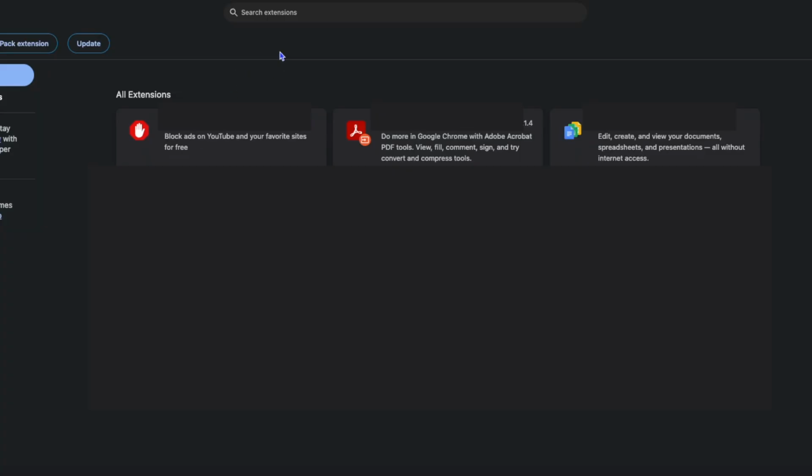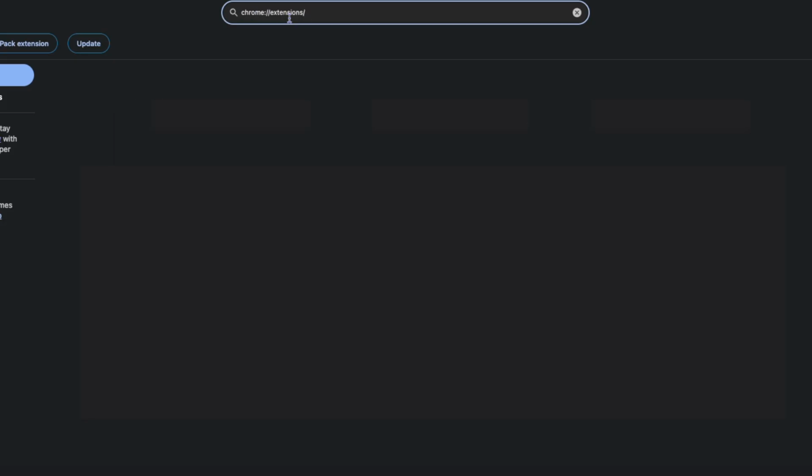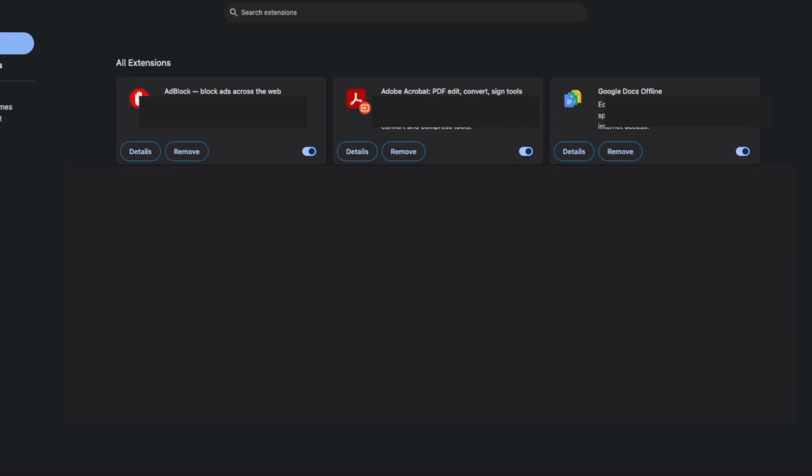Okay, great. Now let's go over to the Chrome extensions here where we can add them. So you're going to want to go to your extensions. You can also simply type this into your browser window. I think it's just being cut off from the screen recorder right now, but you can copy and paste this into your browser window, and then you'll get to this screen right here, and you're going to want to